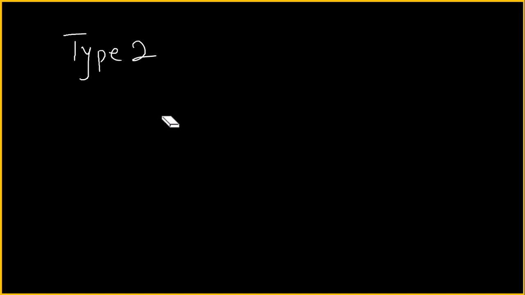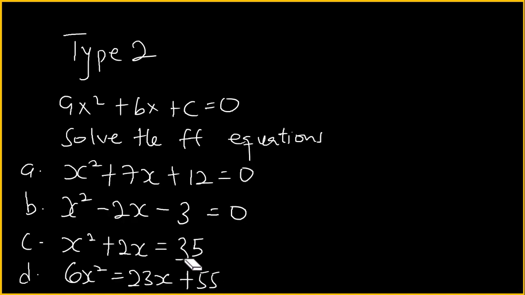When the equation is given in the general form, which is ax squared plus bx plus c is equal to 0, how do we solve this? So let's write down this equation. Solve the following equation. Alright, so type 2, when the question is in the general equation form, and these are the questions, let's delve right into the solution. So starting with the first one,